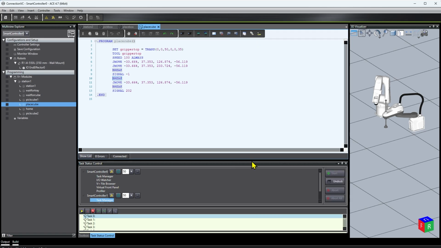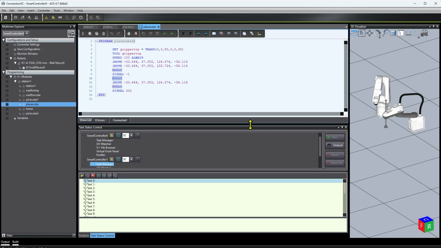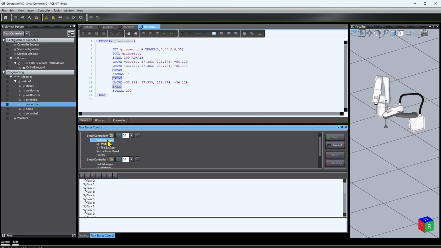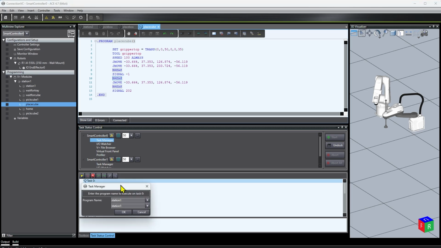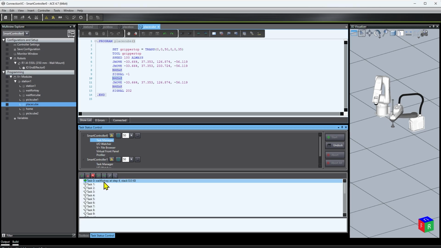Then let's drag the Task Status Control panel upwards, and selecting the Task Manager for Smart Controller 0, which is for Station 1, we will use Task 0 and select Execute Task, and then select the program we want to execute and click OK. As you can see, the robot is now waiting for the tray.